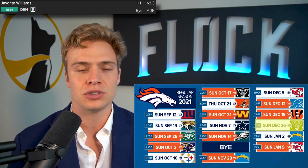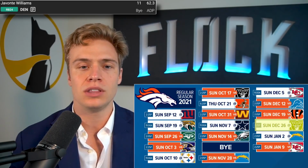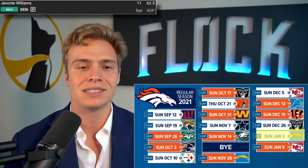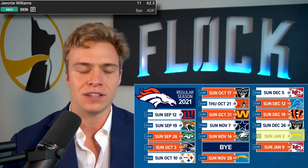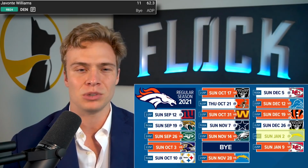I think that you could actually see just the Denver Broncos flat out winning this game. And of course, you need those competitive games for your running backs. And now the last game that they're going to have during the fantasy football playoffs will be going up against the Los Angeles Chargers. And here against the Chargers, I'll say, not a great matchup. I mean, I don't love going up against this defense. At the same time, we could imagine that the Chargers are going to be heavy favorites in that game,